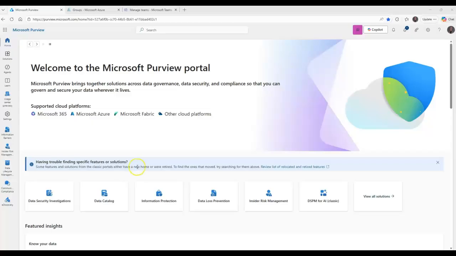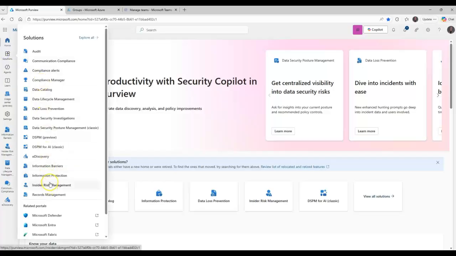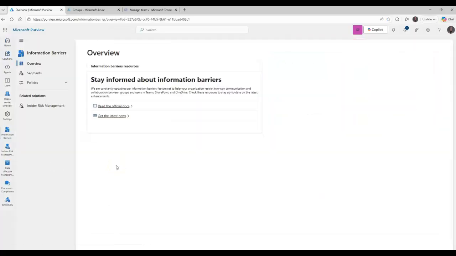And so we're going to take a look at that here in Microsoft Purview at purview.microsoft.com. We are going to go to solutions, and then we're going to go to information barriers. Information barriers is basically made up of segments and policies, really. So we segment based on department, based on a company, based on an attribute, based on groups. So a lot of different things we can do. We're going to look at departments here.